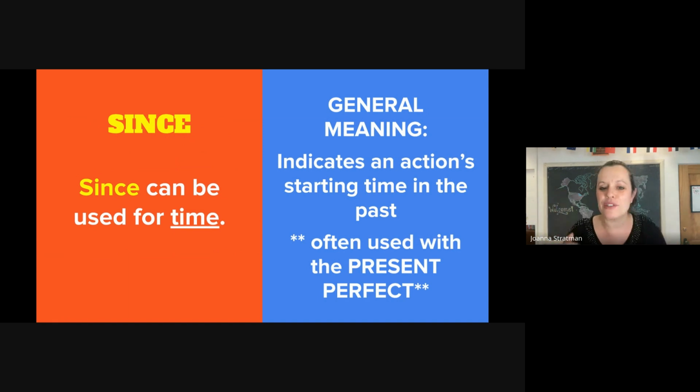We use this verb tense for exactly this situation. Events that may have started in the past, but they are not finished. So we cannot use the simple past. We must use the present perfect to show this event is continuing. We will look at some examples in a moment.